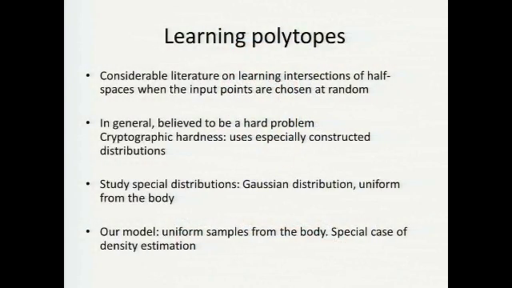So intersections of half spaces are very well studied concepts in learning theory. Perceptrons are just half spaces. Intersections of half spaces are closely related to threshold circuits and some versions of neural networks. So if you are learning polytopes, then it can be done if we have access to a membership oracle. So that's interesting. But more interesting here turns out to be what happens if the points are chosen at random.